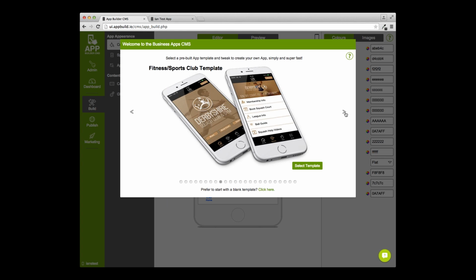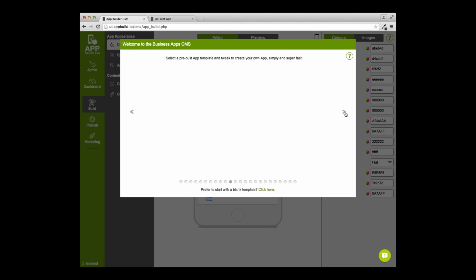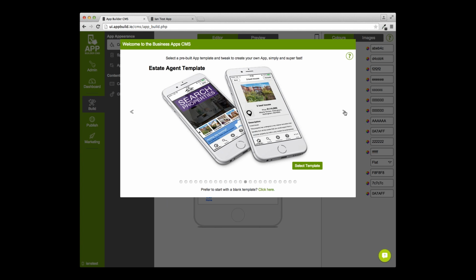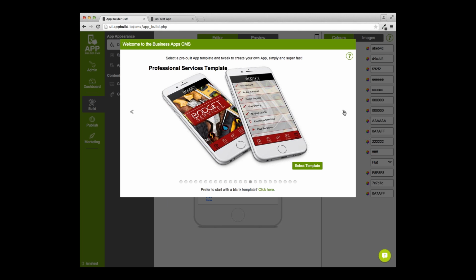Obviously, we have a bar template, the fan-based template, the sports club template, the instructional. This is a really nice new one: it should be 18 holes in a golf app, but a golf club template. I don't play golf, but 18 holes is pretty standard. Lawyers, radio stations, and with each of these templates, as you select them, there will be an array